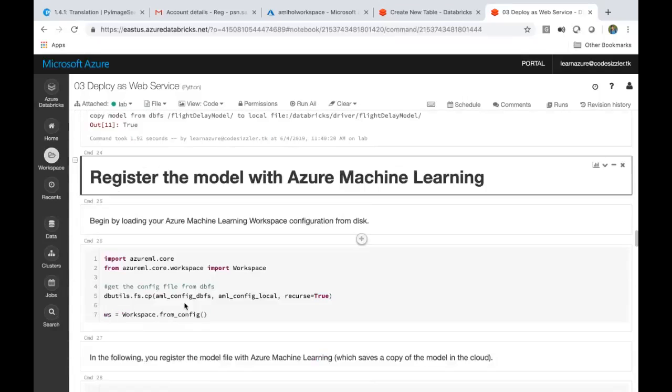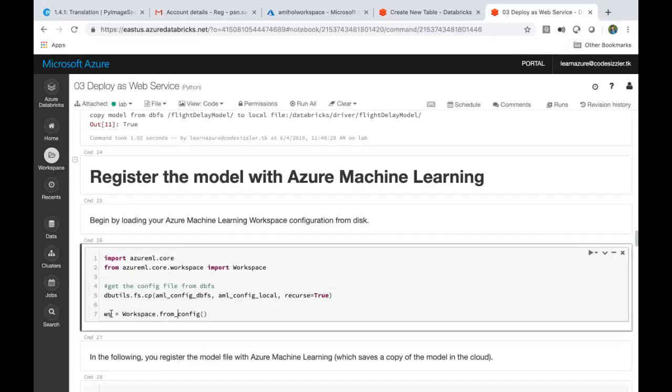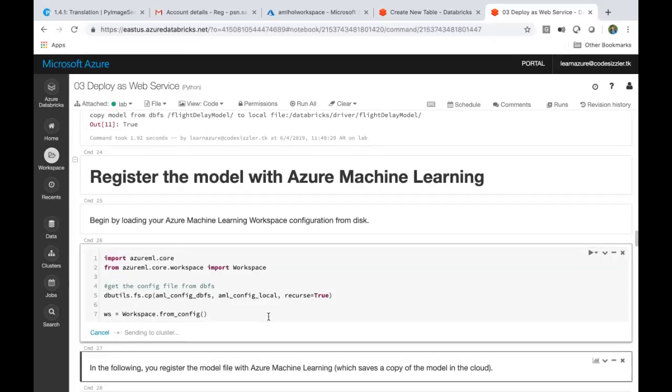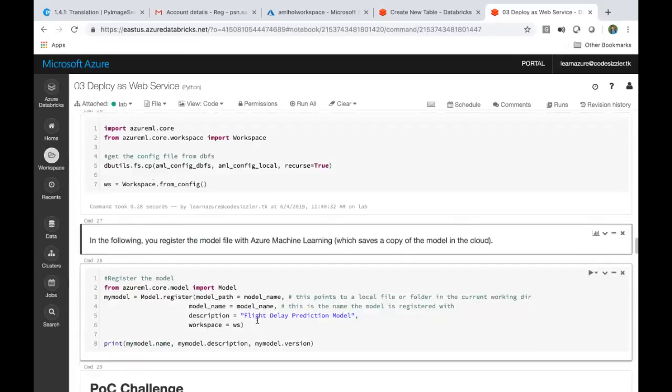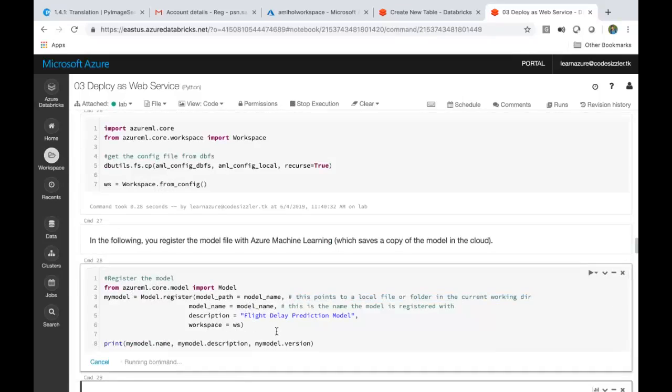now here I'll say I want to register the model. So in order to register the model, I want to get a configuration, right? I'm getting it here. Okay, and here see this, I'm registering the models. I'm saying model.register. What is the model name? It basically points to a local file folder or current working directory. This is nothing but the real model name. What model name do you want to register with? I can say the same name I want to give it. I don't want to change this. And which workspace do you want to map this to, right? We'll say execute this. It sits on the model path. Where's the model path here? Go click here.